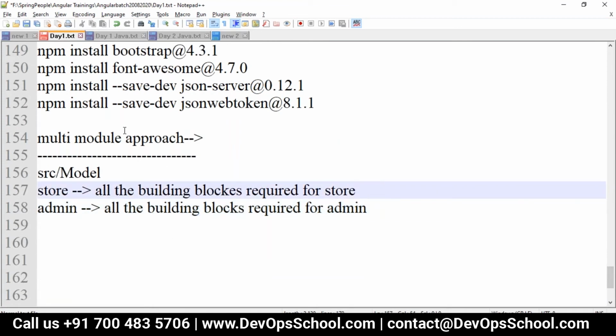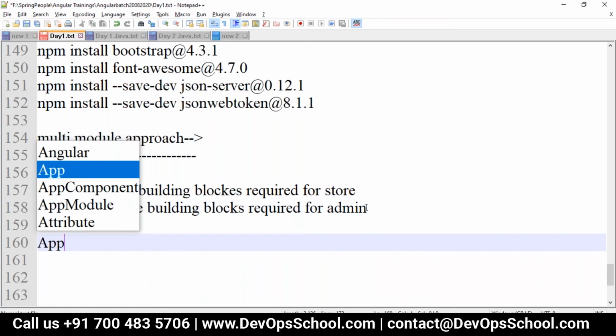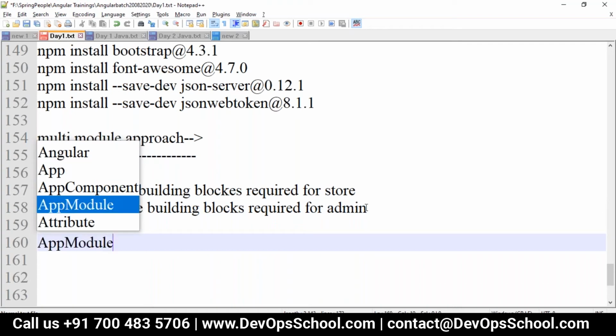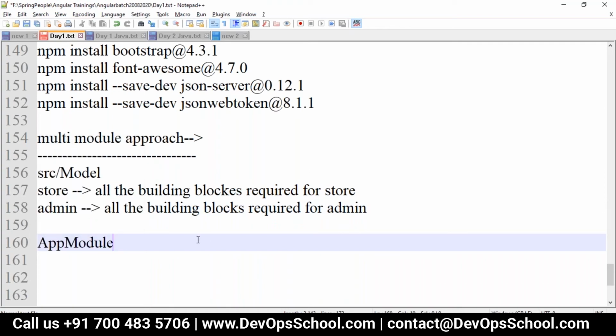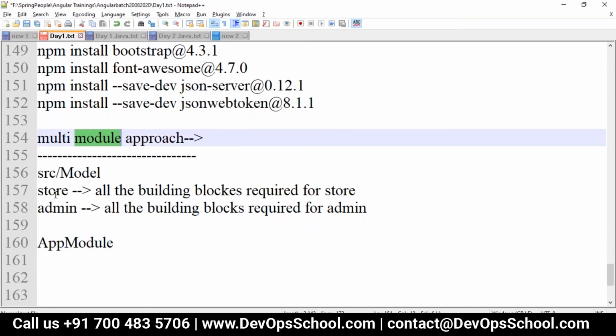Whenever you go with a multi-module approach, until today, whatever we discussed, we had only one module, which is app module TS. In the app module TS, we were registering all the components. When you go with the multi-module approach, in the store we will have a store module.